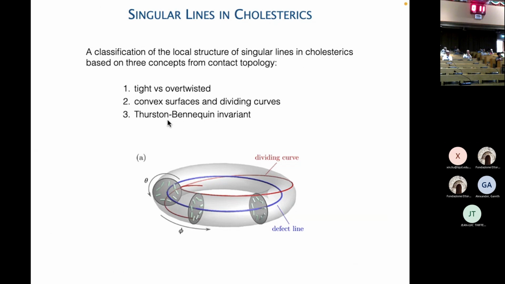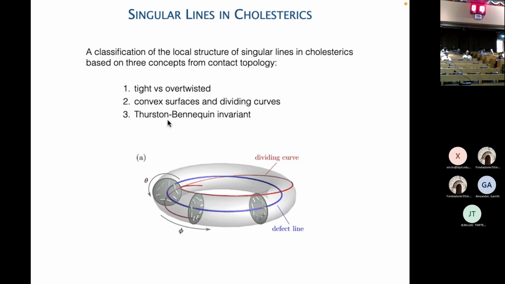So concretely, what I'm going to do is the following. I want to characterize the structures that are compatible with being right-handed, not everywhere in space, but just in some little neighborhood of this singular line. So the blue curve is supposed to be some singular line. I look at some immediate neighborhood of it